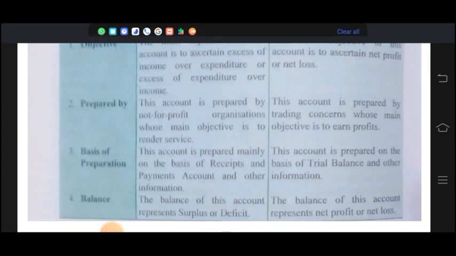इसी तरीके से अगर हम बात करें बेसिस ऑफ प्रिपरेशन की, तो जो प्रॉफिट एंड लॉस होता है वो उसकी प्रिपरेशन ट्रायल बैलेंस के बेसिस पे करता है, जबकि अगर इनकम एंड एक्सपेंडिचर की बात करें एनपीओस के रिगार्डिंग, तो इसकी प्रिपरेशन होती है हमारे रिसिप्ट एंड पेमेंट के बेसिस पे। यानी जो भी इंफॉर्मेशन रिसिप्ट एंड पेमेंट में दी होती हैं उन सारी इन्फॉर्मेशंस को हम इनकम एंड एक्सपेंडिचर में बेस बनाते हैं और उसी के बेसिस पे इनकम एंड एक्सपेंडिचर प्रिपेयर करते हैं।